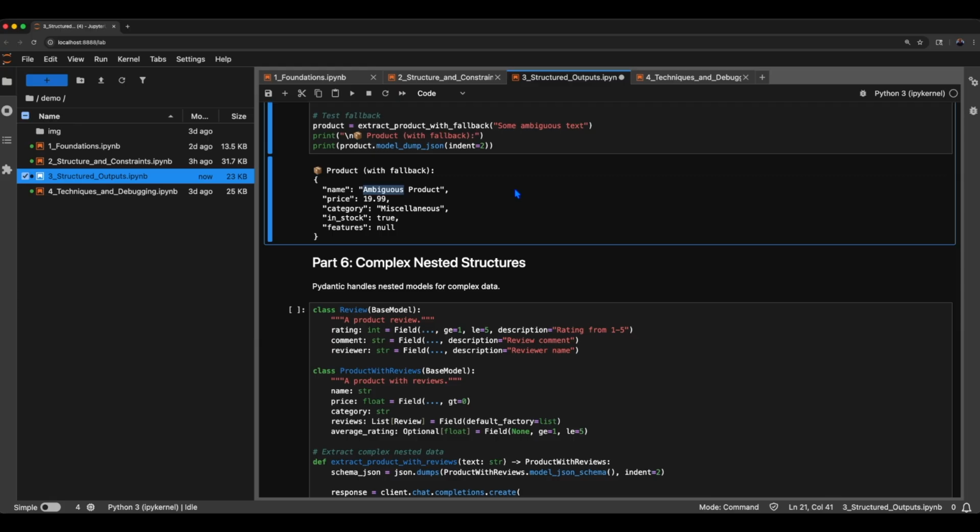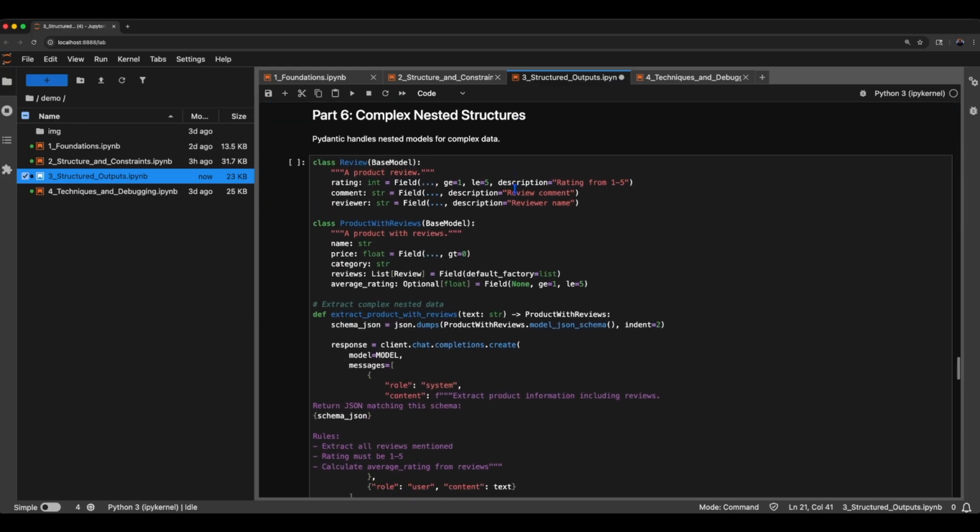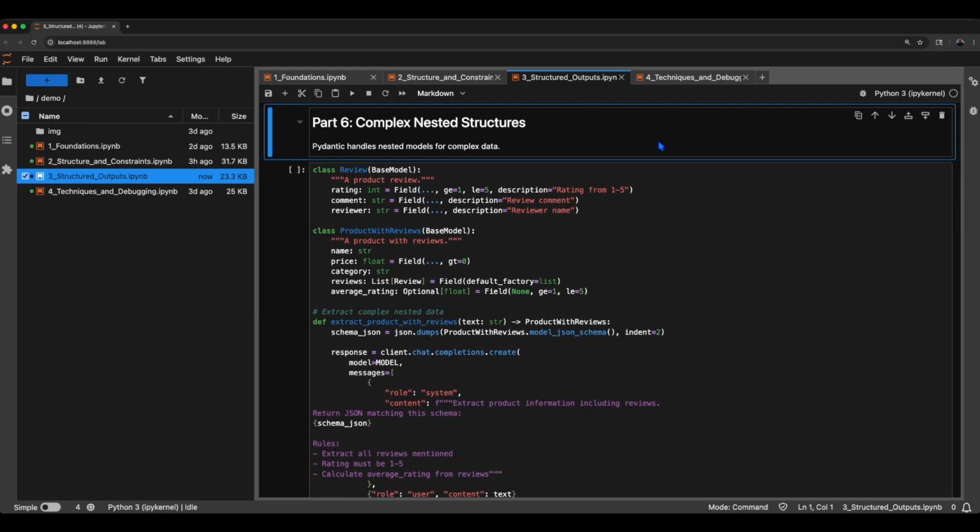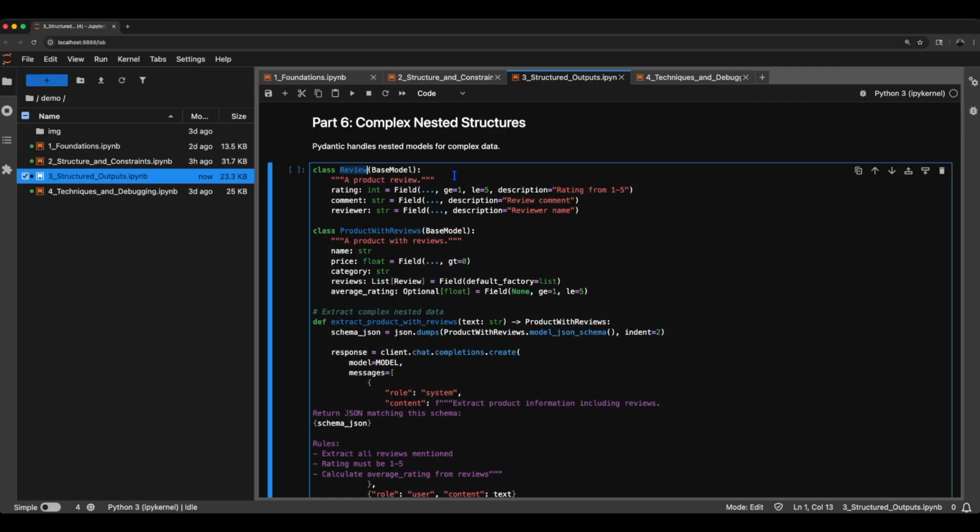And we get the ambiguous product. Now let's look at an example where we use Pydantic to handle nested data models. Here we've defined a class of review, which has properties for rating, comment, and reviewer, as well as a class for product with reviews, which has a product name, price, category, average rating, and reviews, which is a list of